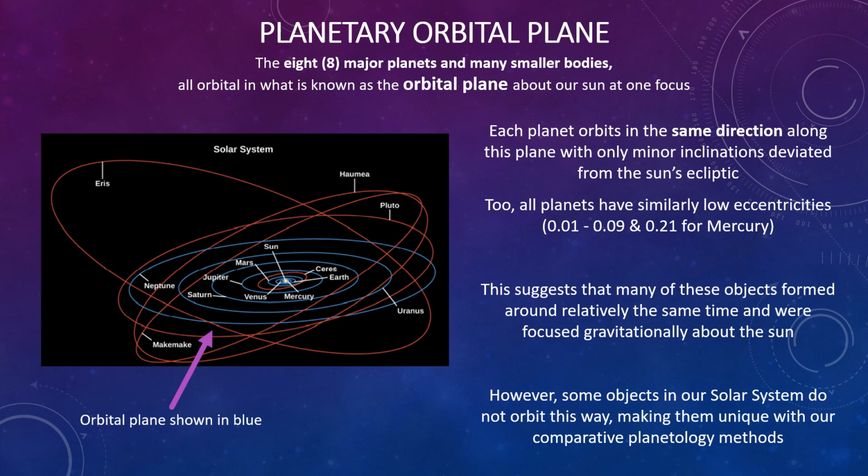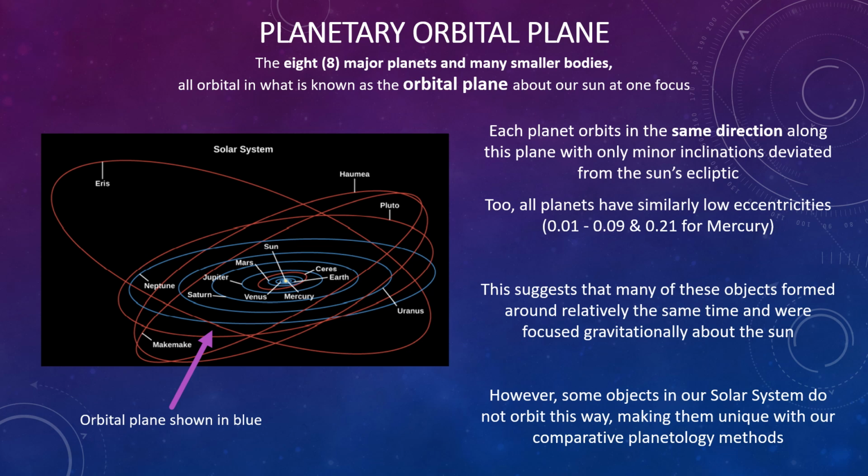Also, many of the planets have very similar low eccentricities in their orbit, ranging from 0.01, being a nearly perfect circle, to 0.09, a little bit of an oblong circle. And then we have Mercury with 0.21, which is a little bit more eccentric, but that can actually be explained with general relativity. It did puzzle astronomers for a while, but once general relativity's effects were included for Mercury being so close to the mass of the Sun, Mercury's orbit is actually perfectly in line with it,